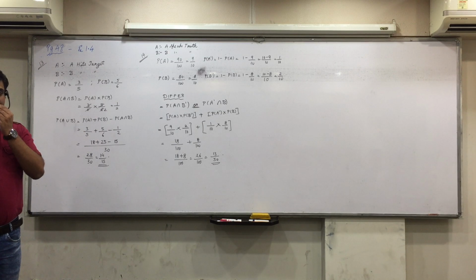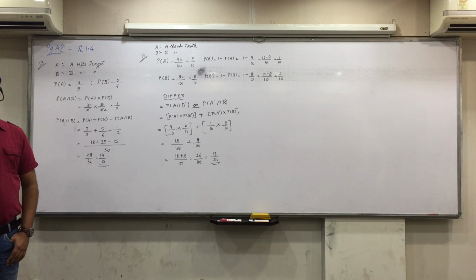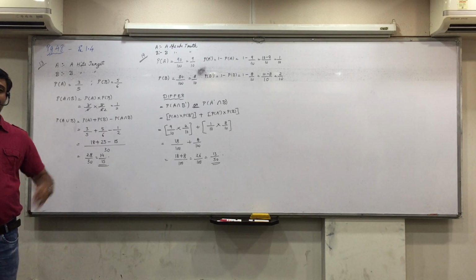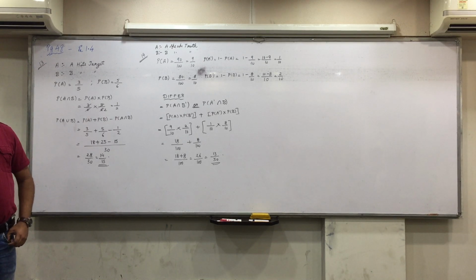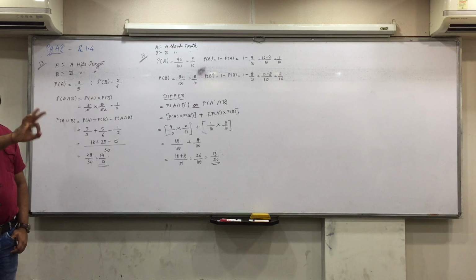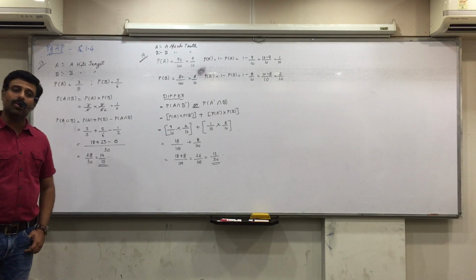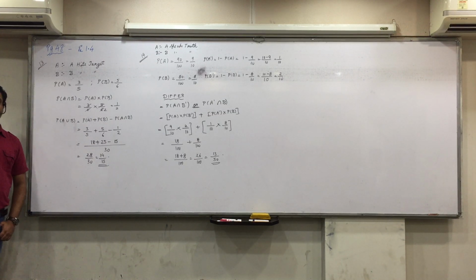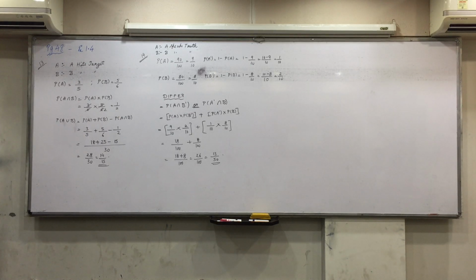Because it's a fact that you get confused. So here if you think in detail, A speaks truth, B does not, then what is common in that? You get confused. Simply go by the language. A speaks truth and B does not, so P(A) into P(B not). The moment you apply your mind more than necessary in probability, you are wrong.